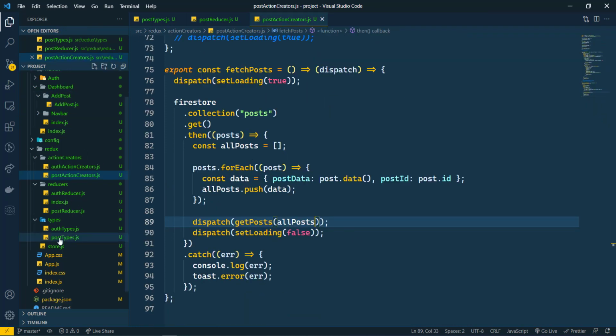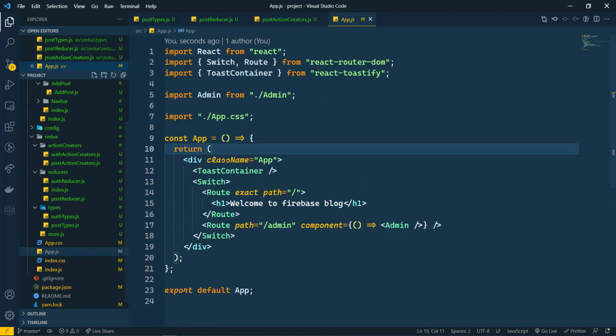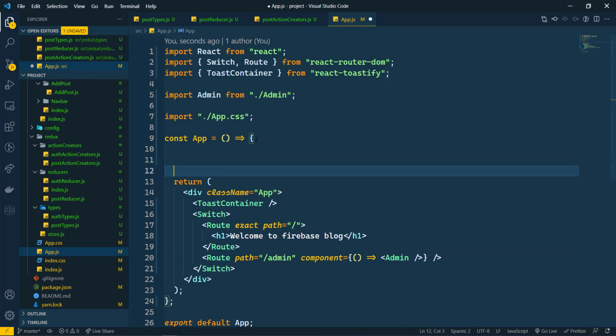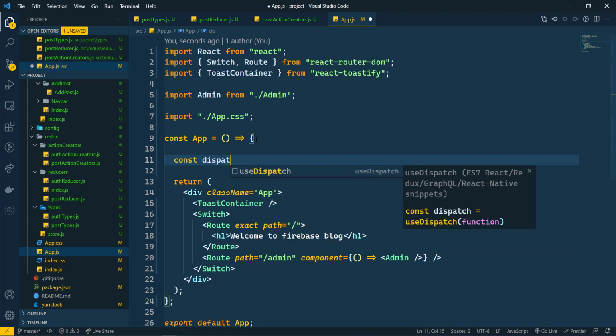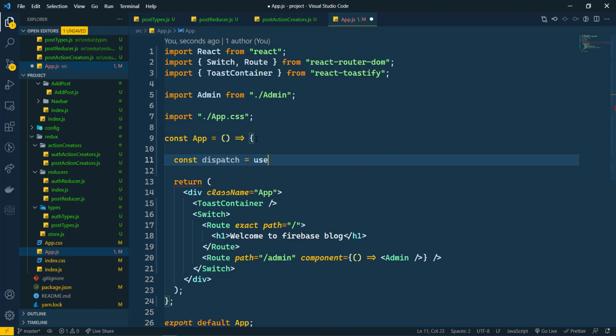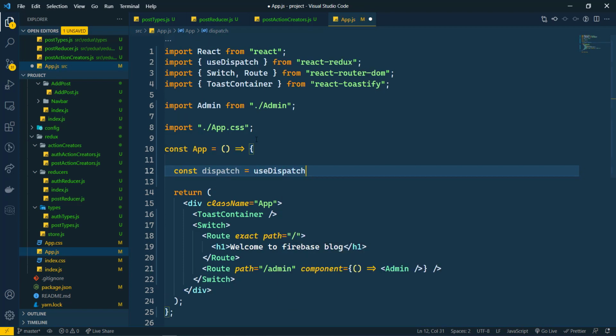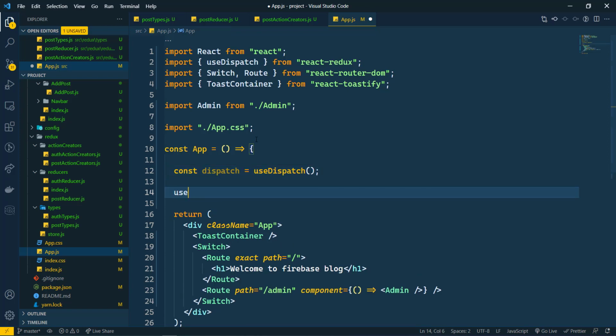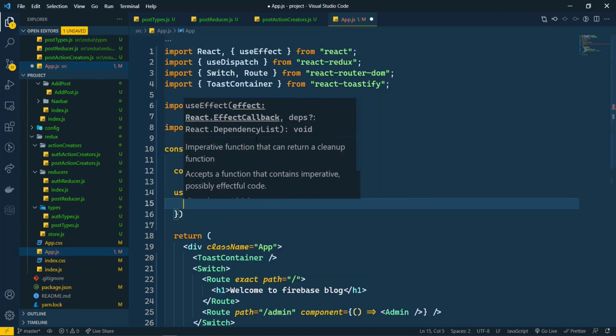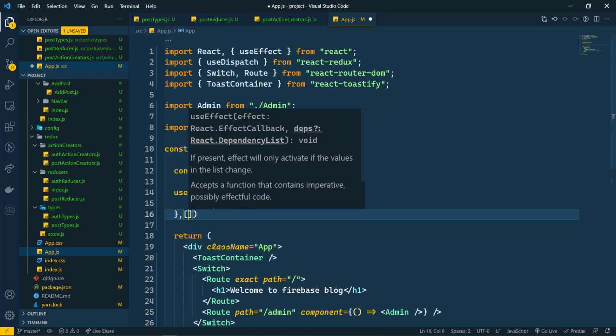So now let's go to app.js, and here we are going to use dispatch. So const dispatch is equal to useDispatch, and we have imported useDispatch successfully from Redux. Now we are going to use useEffect here, and it will run only one time.